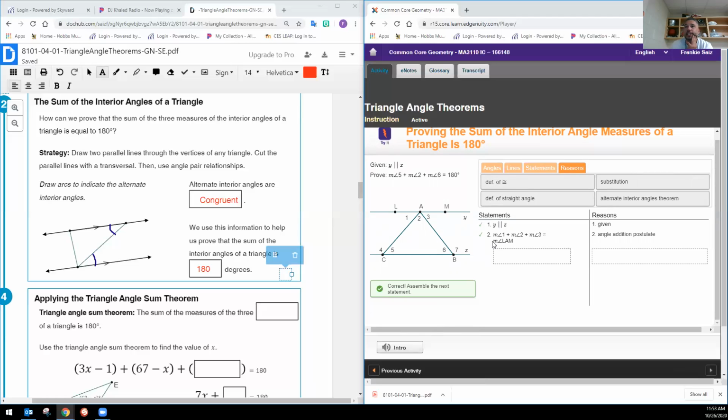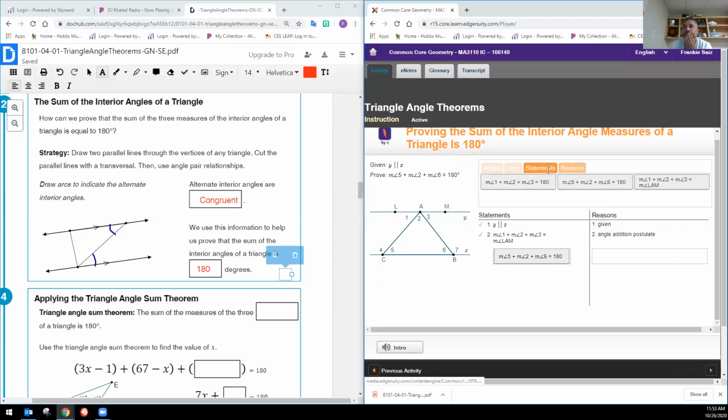So what I said here is the measure of angles 1, 2, and 3 is equal to the straight line LAM, and that's an addition to that one. Okay, so now we should have the measures of 5, 2, and 6 is equal to those by